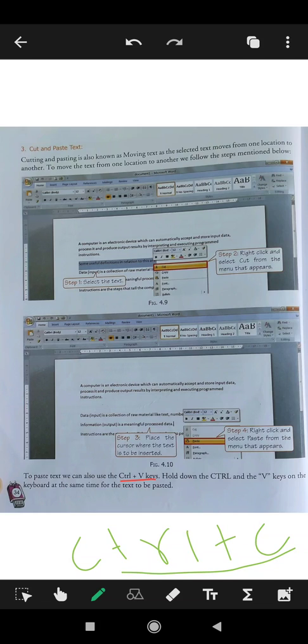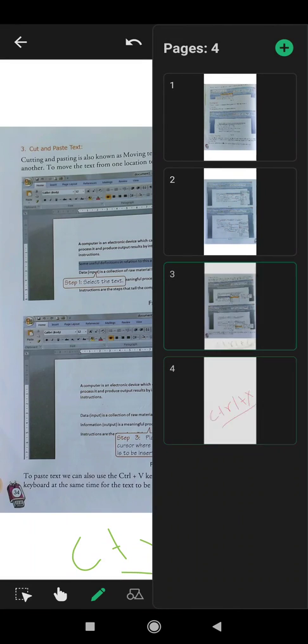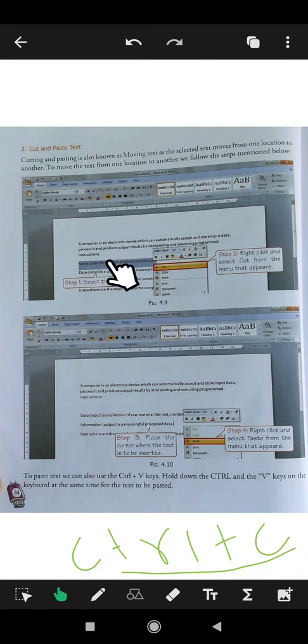So you will go to the selected location, place the cursor and press Ctrl+V, then that particular thing will get pasted over here. And for cutting there is a shortcut, it is Ctrl+X. Ctrl+X will just cut the text, like we have explained over here. So the Ctrl+X shortcut will be there.